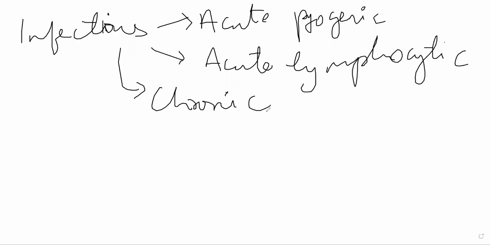And since there is infection in the subarachnoid space, in the CSF, because it is continuous with your brain, meaning that layer extends to your brain, it extends to your spinal cord, it will go to your optic nerves. Infection will spread very quickly if the patient has acute pyogenic meningitis. To a certain extent you will also see ventricles are getting affected as well. Whenever a patient has infection, it starts spreading to the whole of your cerebral and spinal meninges, and it can spread to the ventricles as well.